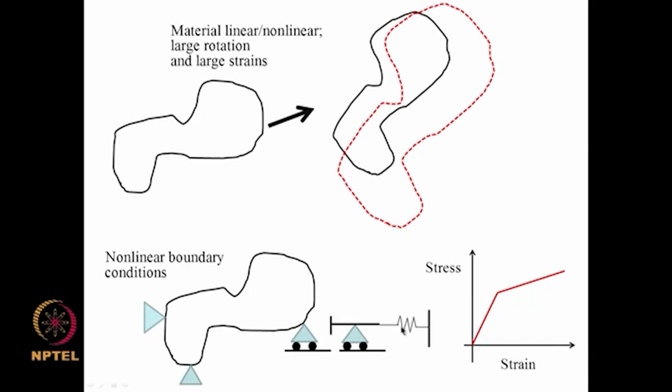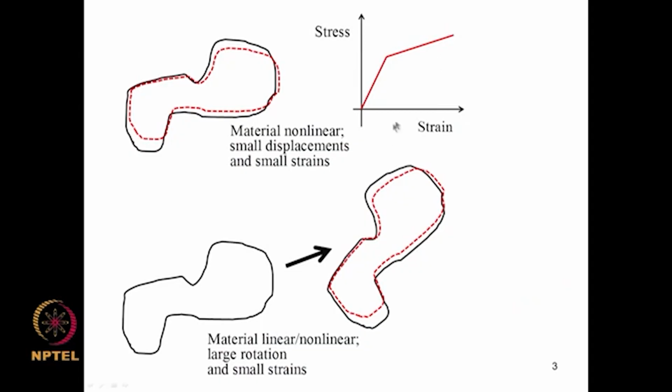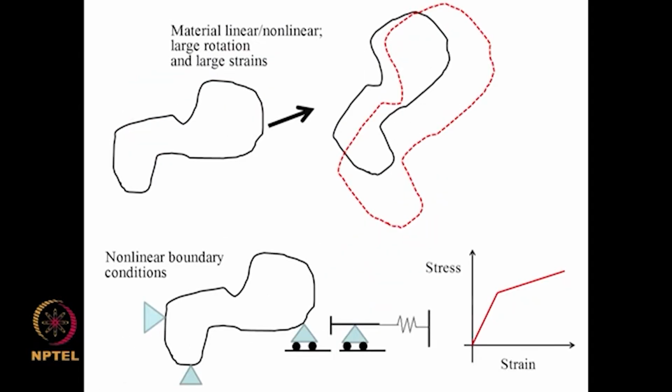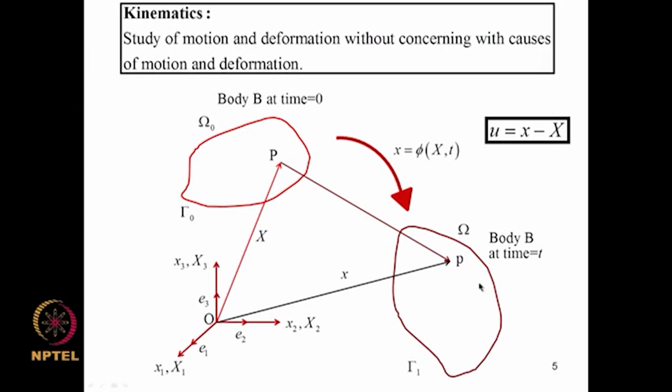This spring will come into action only when this displacement here exceeds this threshold, in which case the stiffness of the system increases. Here the loading and unloading path will be tracing each other, whereas in material nonlinearity the unloading path will be different from the loading path. After reviewing a few details about qualitative features of nonlinear system response and how it differs from response of linear systems,